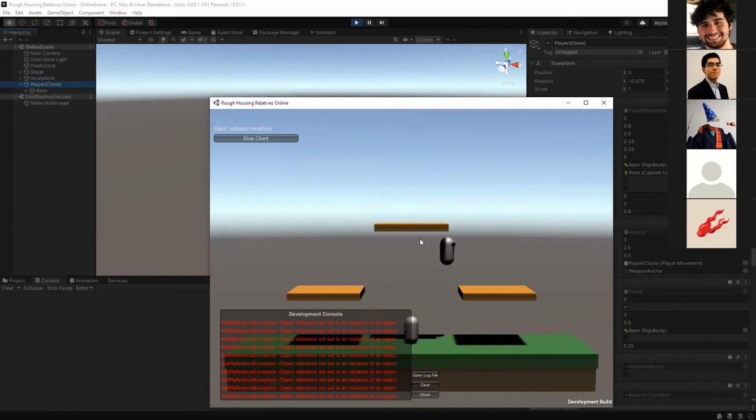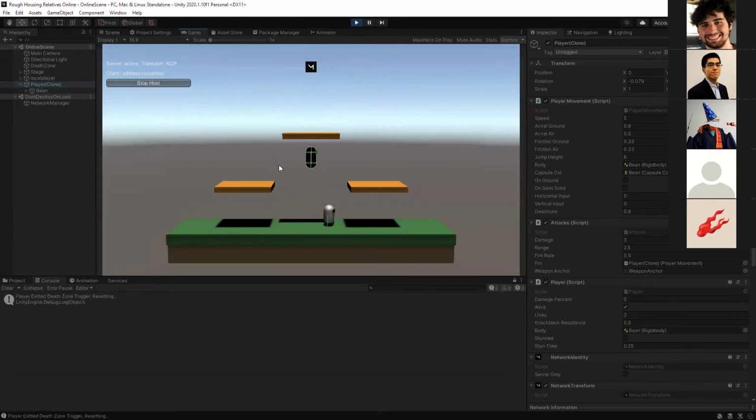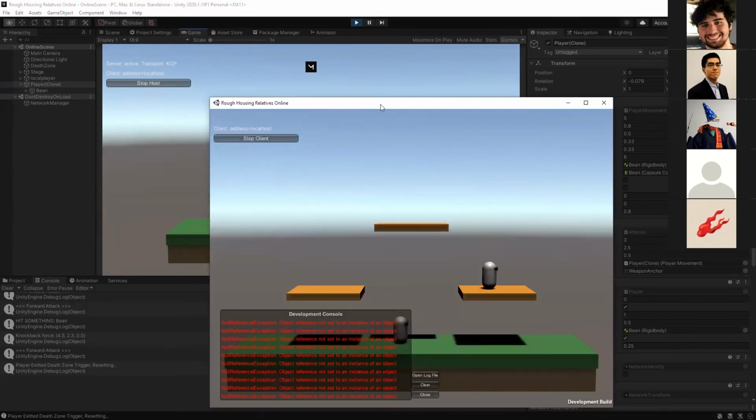And actually now that we're moving, only one character is moving around. And it's updating the position here too. Yeah. And actually if we attack, you can see stuff happening, and now they're going to start flying off into infinity. That's because our attack script is not taking into account networking yet, and so on my copy of the game, I'm attacking them, but that's not being transferred by the network. So on their copy of the game, nothing's happened yet.